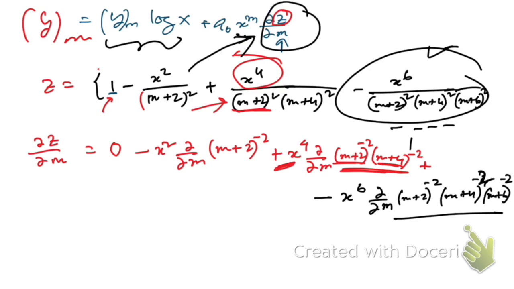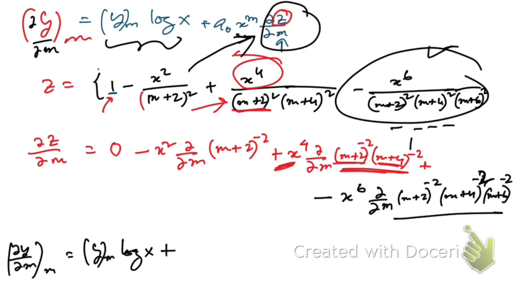Then we will obtain that y_m, just wait. Then we're going to have del y by del m. That should be del y by del m, right? So at m, y_m is log of x plus a naught x to the power m. So what are the terms we have taken here? Okay, then you will get,